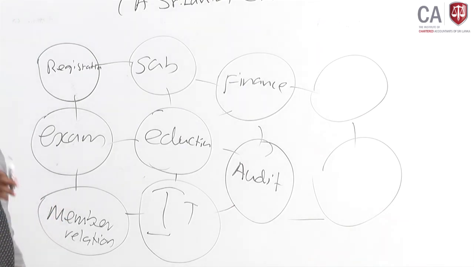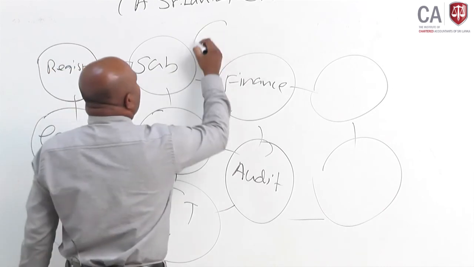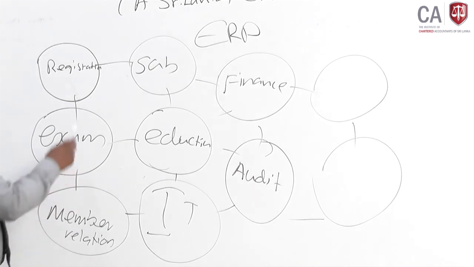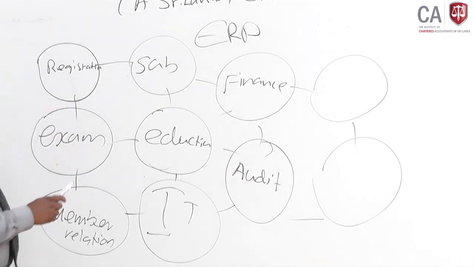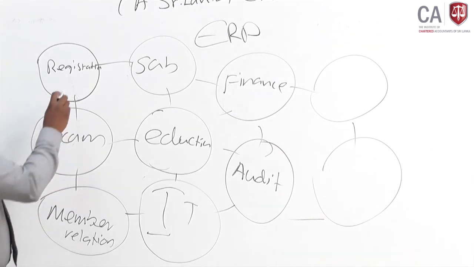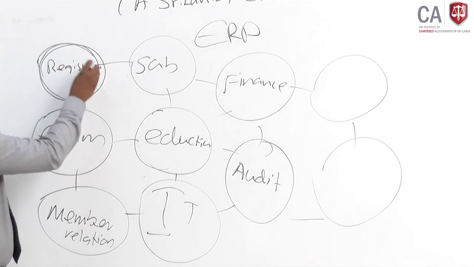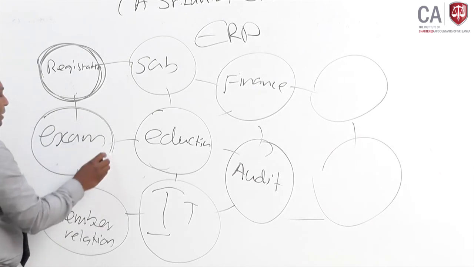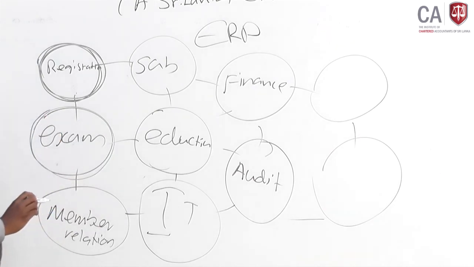Through what? They are interlinked with each other through a system that is called ERP. Let's say for registration division activities, they have a separate divisional page. The people who are registering the information of the student and also doing all the transactions of the registration division do it through a system application given through this ERP system. And also the examination division, there is a separate entity in this ERP system. So all the information, all the transactions are stored and managed by this system.